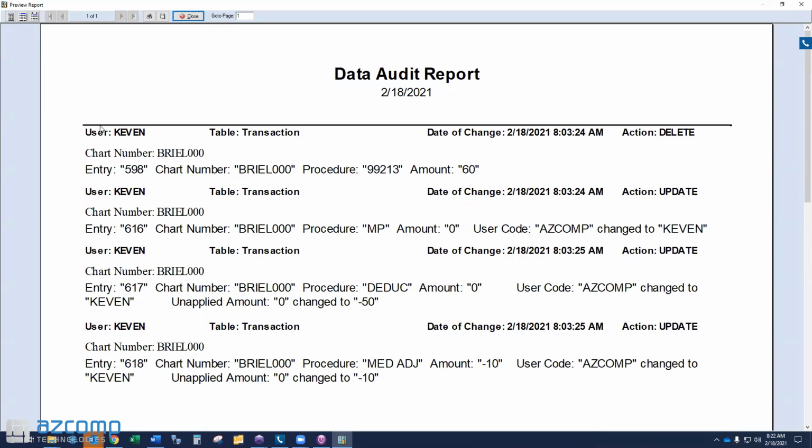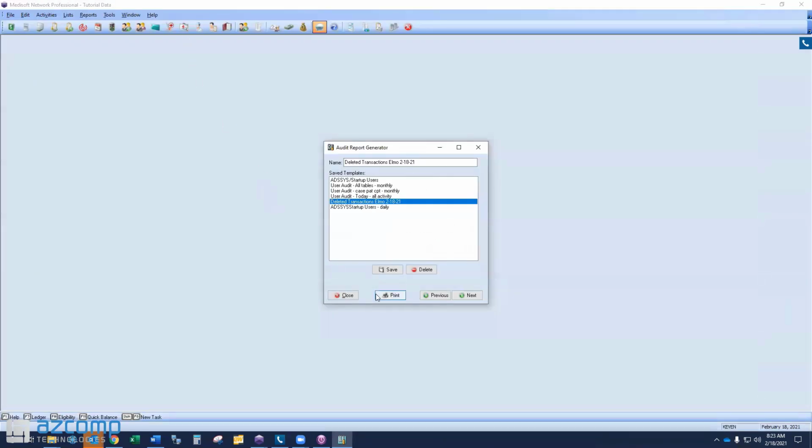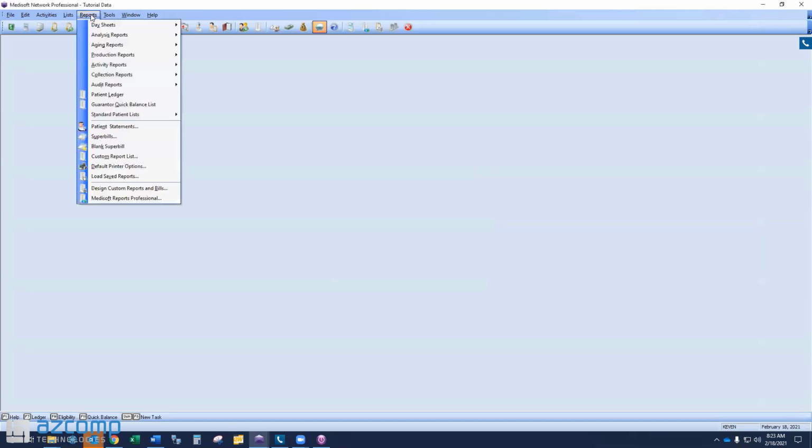So I do have a record here. I can see that it was this user Kevin that deleted it, and before that I had actually performed some edits on it as well. So you can see that as well. But this will give you the information. The procedure code was in fact deleted from the account. So going back into the audit generator, if we go back and start this from scratch,